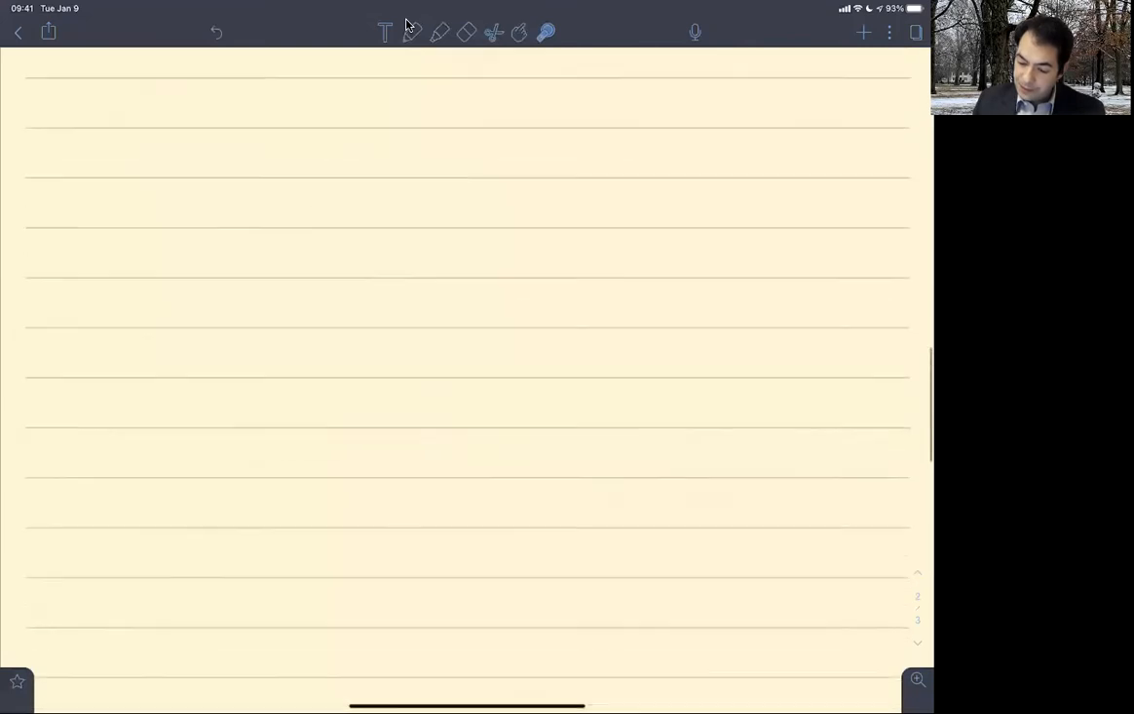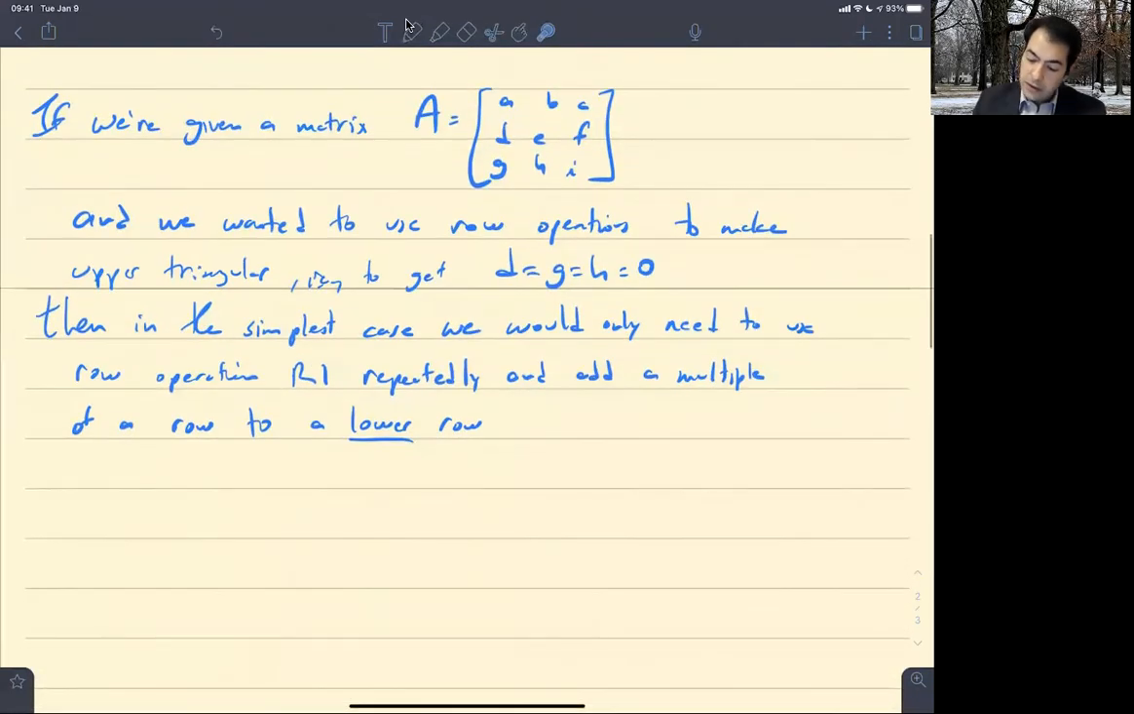And so then we can use it to add a multiple of this row to this row and get rid of H, make it 0, right? So in the simplest case, we have pivots when we need them, and just doing row operation R1 repeatedly from one row to a lower row gets us to upper triangular. So in that case,